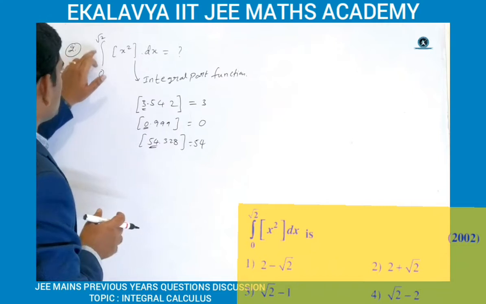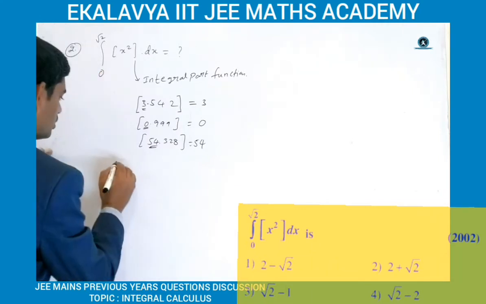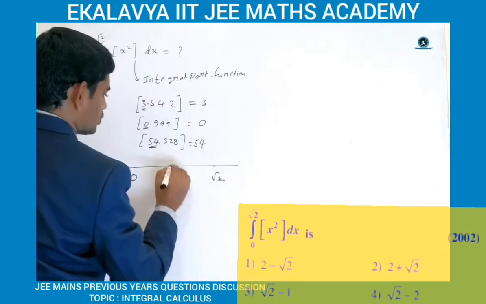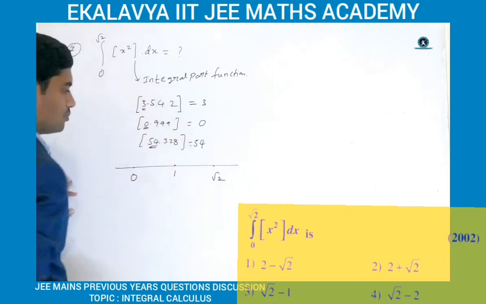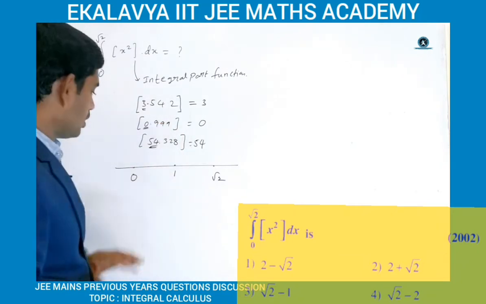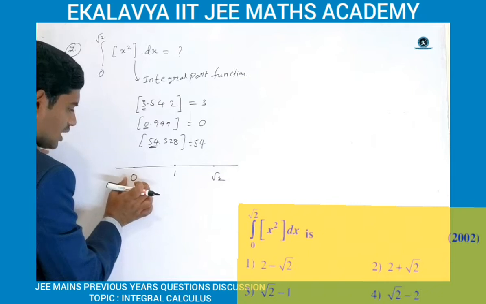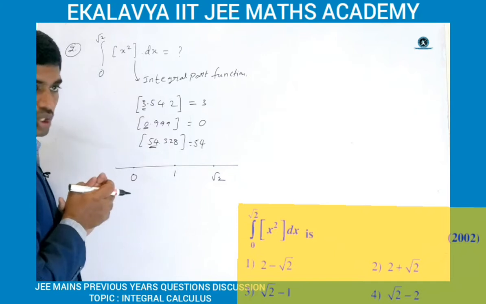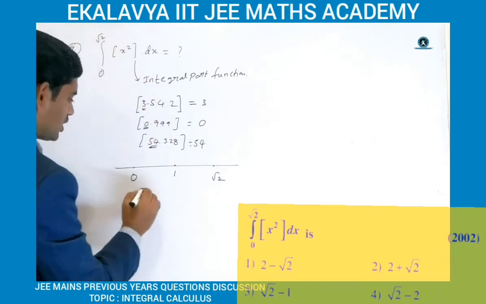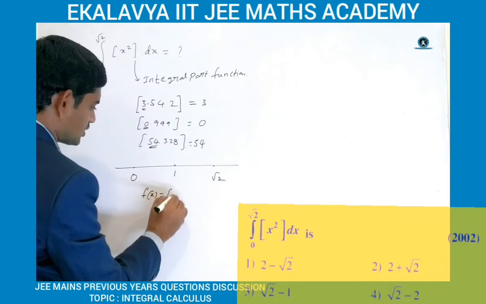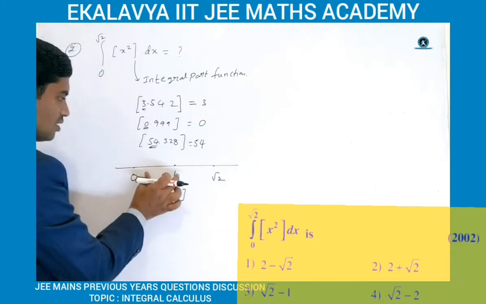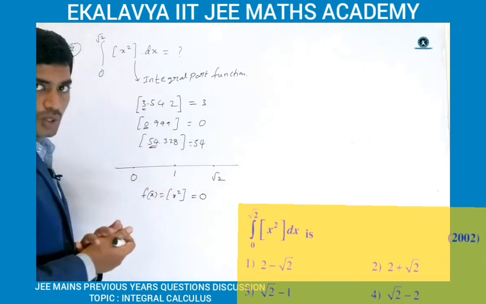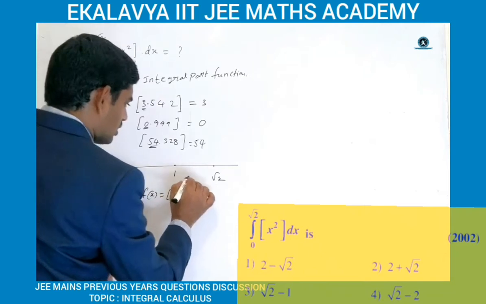Now see here, 0 to root 2 are the given limits, 0 and root 2. In between we have the number 1. Now if we take any number in between 0 to 1 and substitute in the step x square, the given function, we always get 0. Suppose in between 1 to root 2,